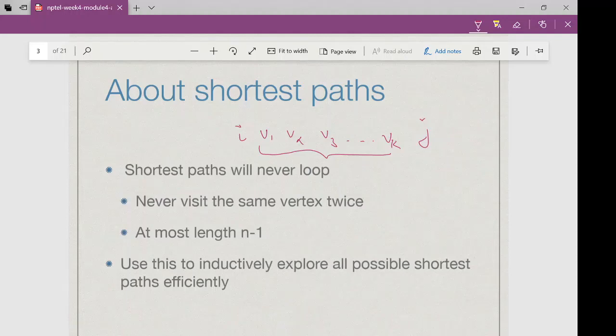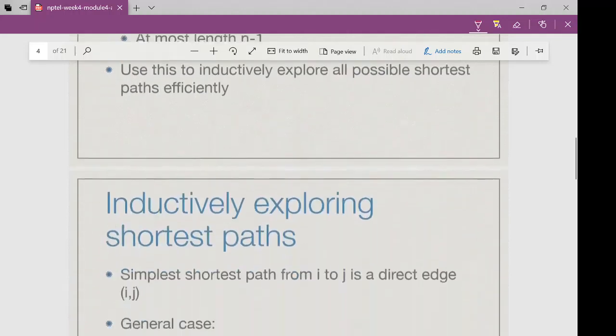If you remember, Bellman-Ford is a dynamic programming algorithm in which we explore all possible paths, right? Similarly, we will see another algorithm which immediately follows this inductive definition, and in this also we will see all possible shortest paths, but we will try to do it efficiently to improve the complexity.